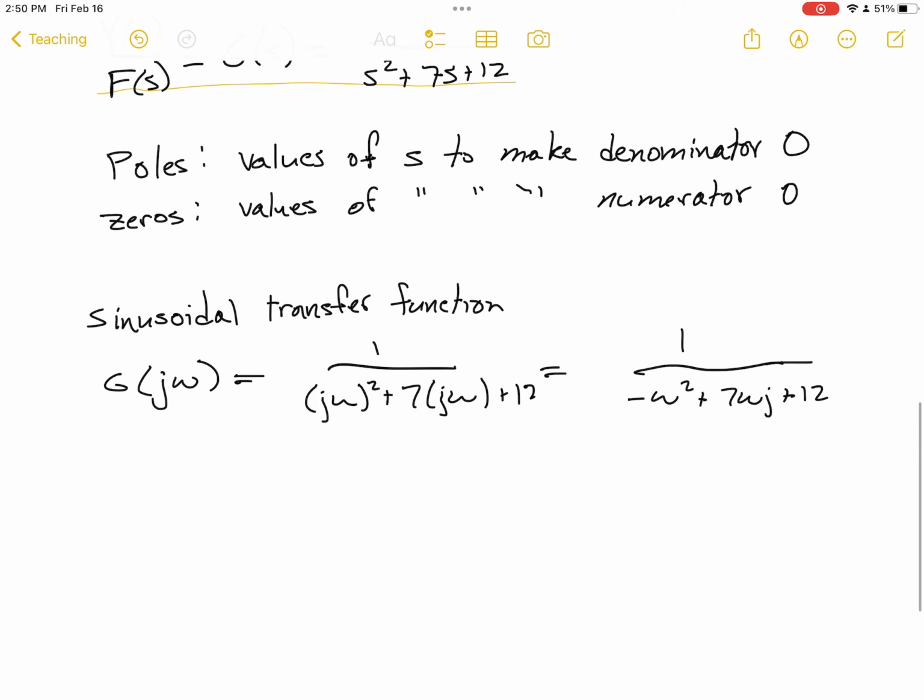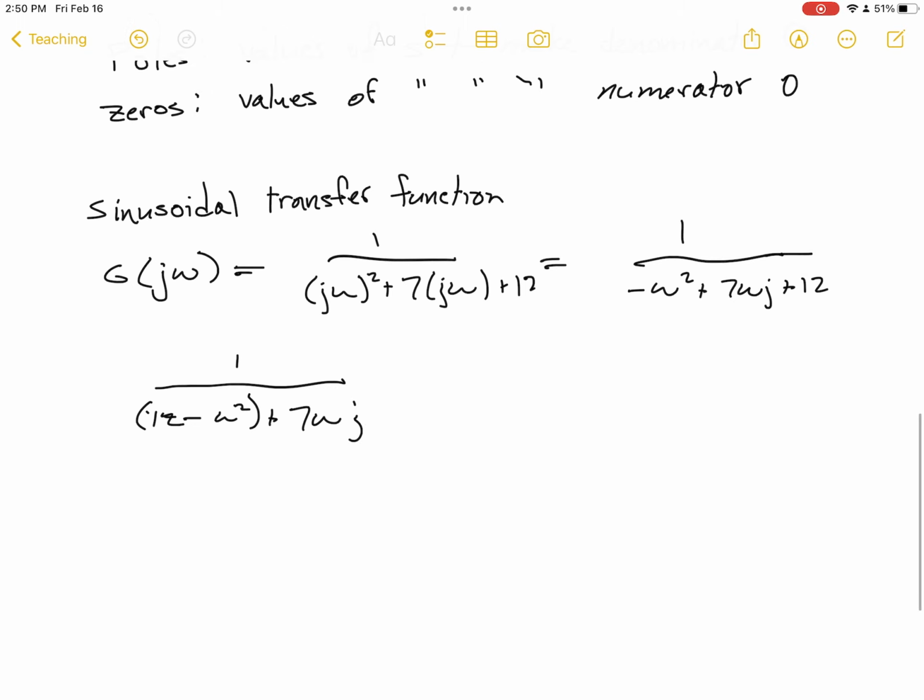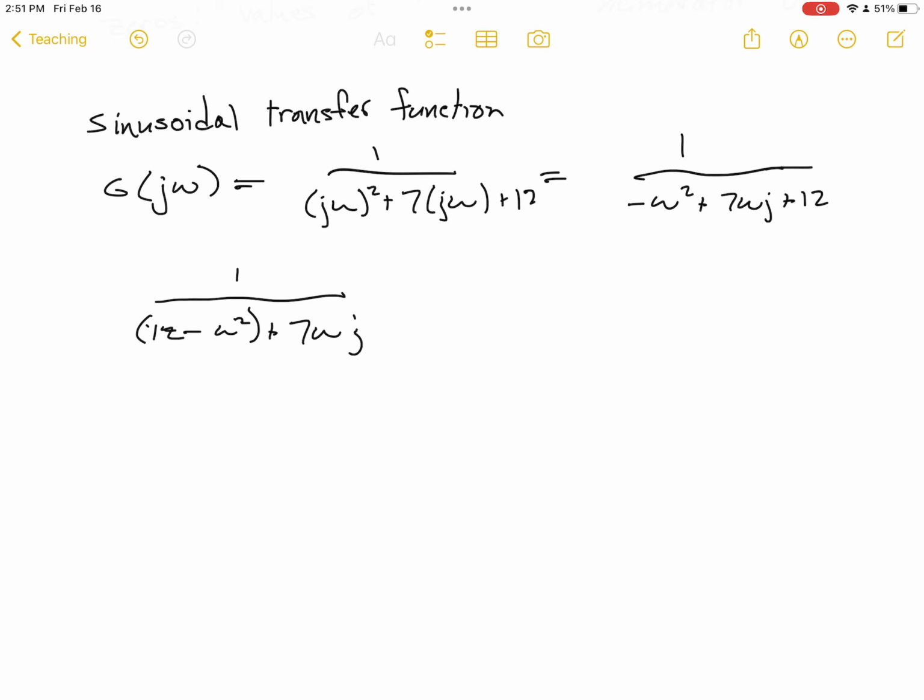And this is now in the numerator. In the denominator, we have a complex number. It's a vector. I'll write it again here: we have 1 over 12 minus omega squared, which is a real value, plus 7 omega j, which is an imaginary value, and that's just a complex number. And we can get the magnitudes and the phases of g of j omega of the sinusoidal transfer function, and that's going to tell us the magnitude ratio, and the phase offset of the steady state solution to a harmonically